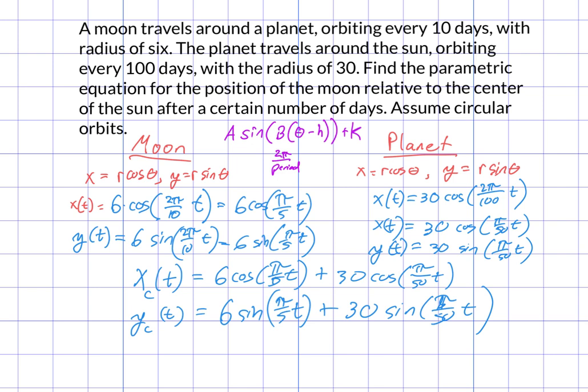Or if I'm thinking about this as an actual graph, then this would be my x coordinate, and this is my y coordinate for the position of the moon as it orbits around the planet, as it orbits around the sun, and t is the number of days. So now, let's remember what that is, and let's see if I can type that into